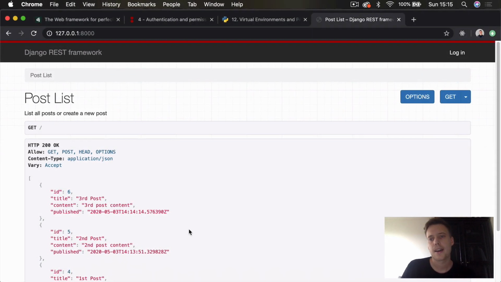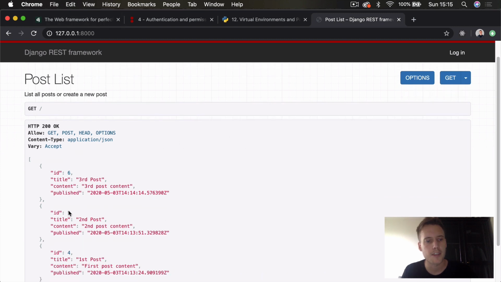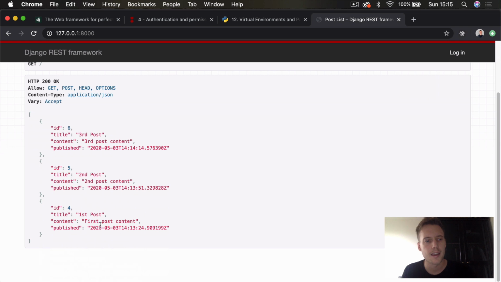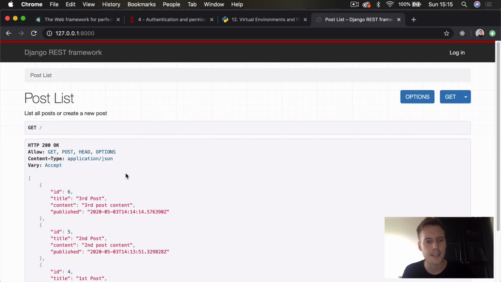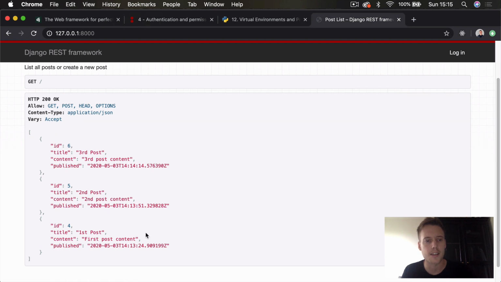So today we're going to be looking at building a REST API using Django and the Django REST framework, okay? So you can see here, this is basically what we're going to be building. We have 3 posts currently in our database, and this is all stored in the Django SQLite database. Basically we're using the Django REST framework to serialize our data into JSON format, and then we